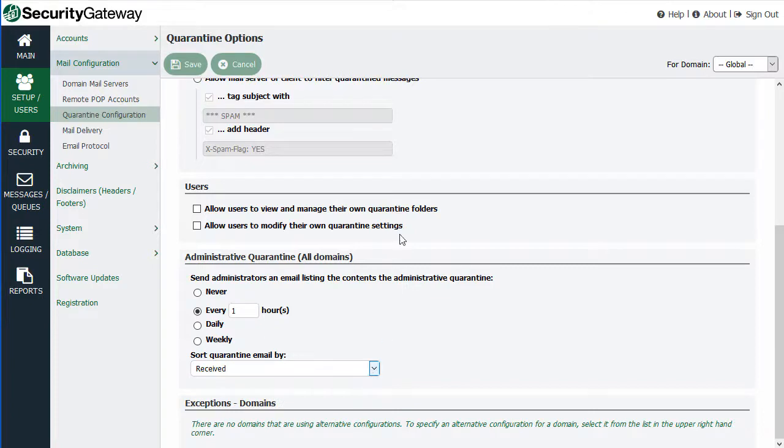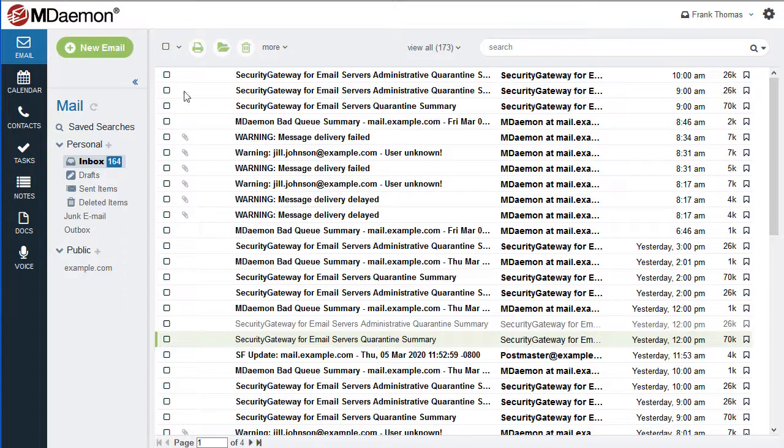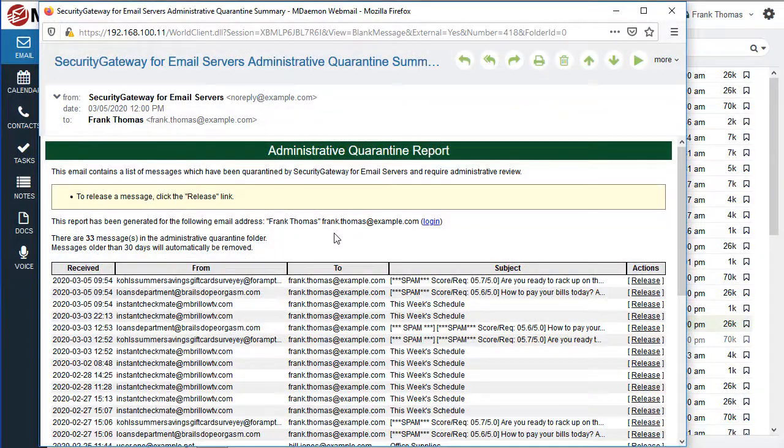And now I'm going to show you an example of what the administrative quarantine summary email looks like. So this is the administrative quarantine summary email that the administrator receives at regular intervals, with a listing of all the messages held in the quarantine, and then an option on the right-hand side to release the message from the